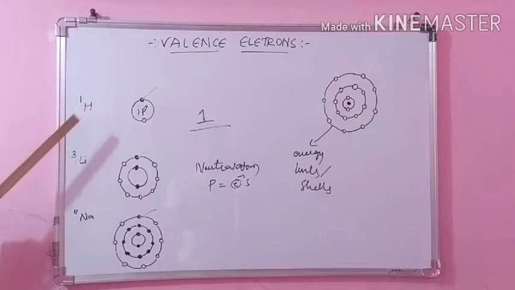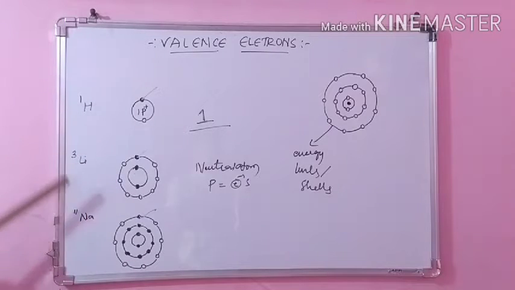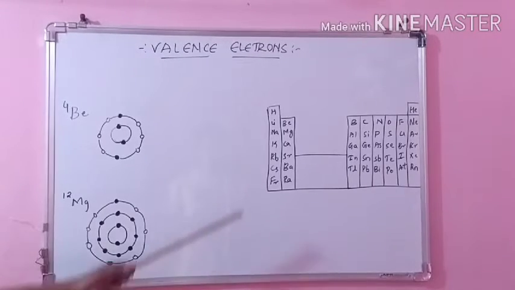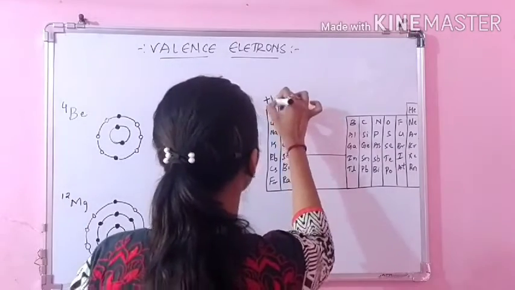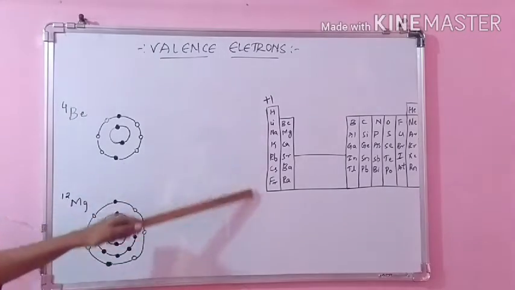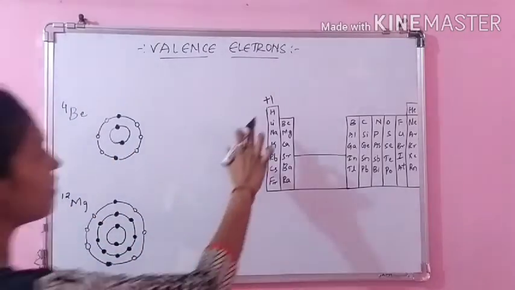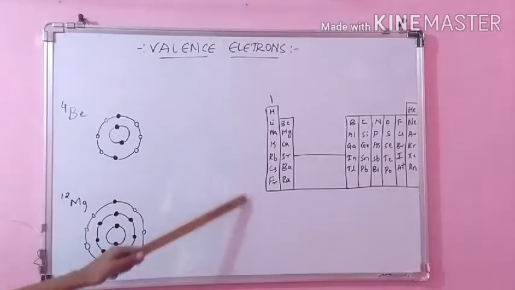This is not only true for hydrogen, lithium, sodium. Even for the whole first group, whatever is done is the same for all the elements. So now you got to know, you have studied hydrogen, lithium and sodium. I said it is not only the same for these 3, but the same for all the elements of this group. So all of these will have plus 1, 1 valence electron each. Clear?